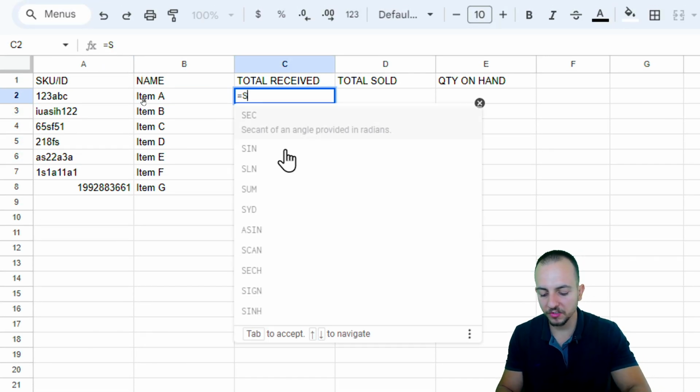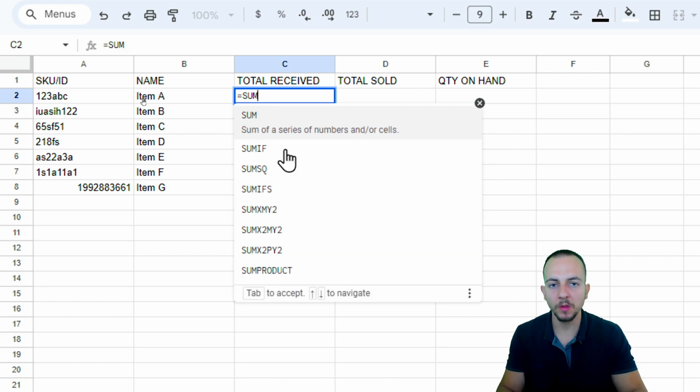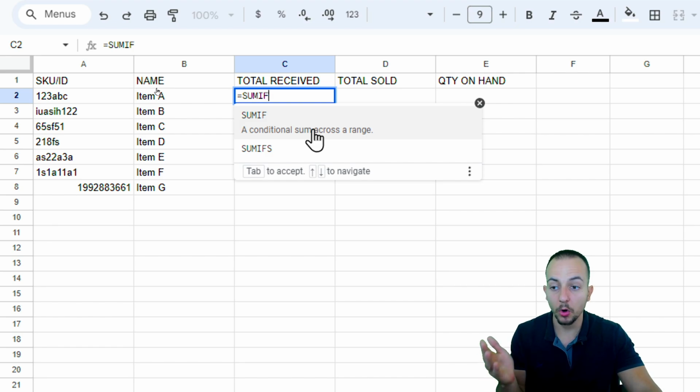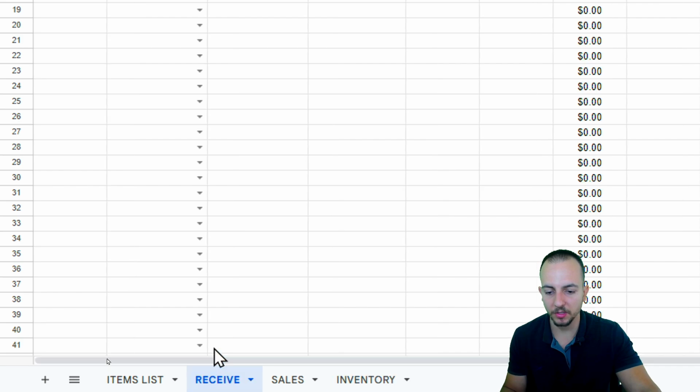I can use the equal sign SUMIF function. The SUM function adds all the values in a range. However, SUMIF can add with a condition, a certain criteria, in this case the name or the SKU of the item. Click on SUMIF, and the range where I have the criteria is going to be here in the Receive sheet,